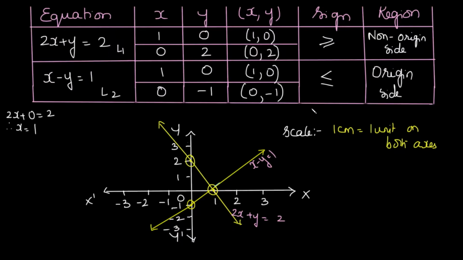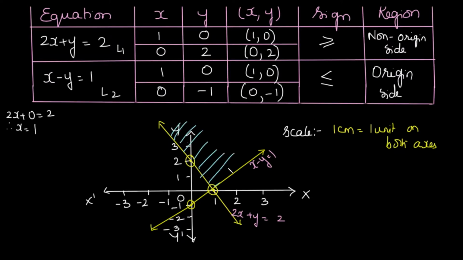Whereas the solution for the second line, this line, obviously is coming on the origin side of the line. Now the origin side of the line is this one, this side. The upper side of this particular line also is the origin side. So which is a common region for both these lines? See, for this line, this is the feasible region. And for this particular line, this is the feasible region. So the common region for both these lines is this particular region, of course.